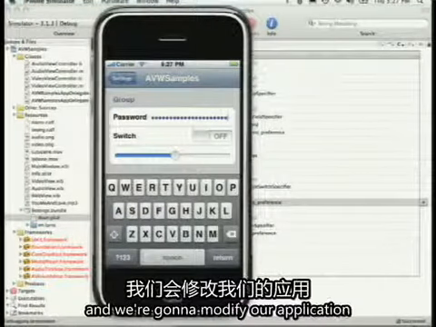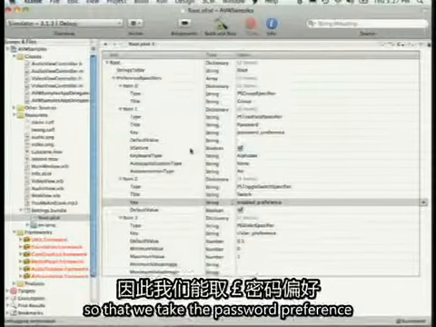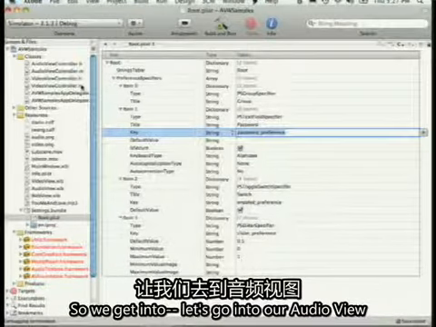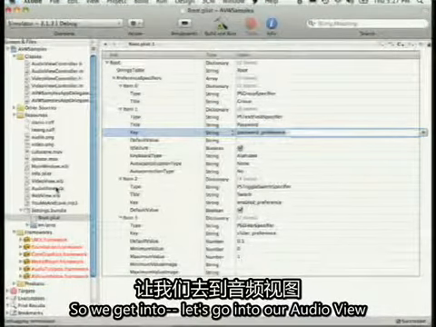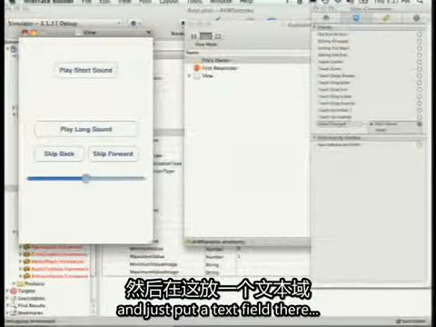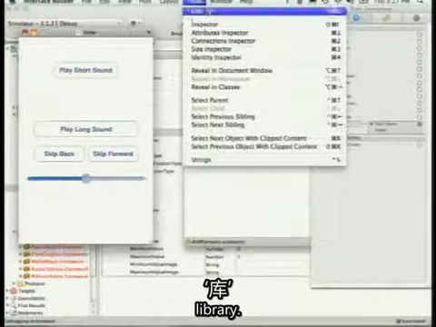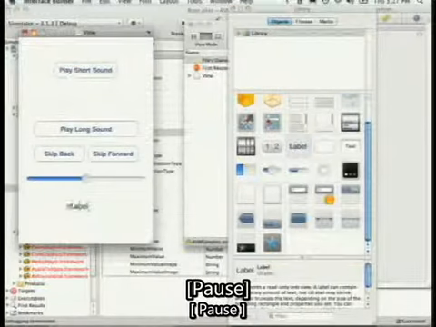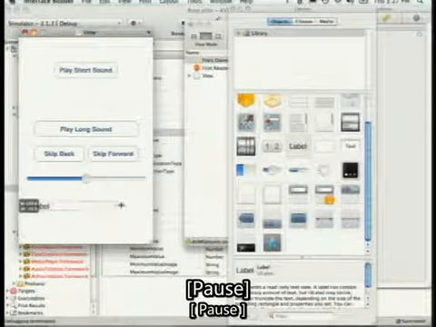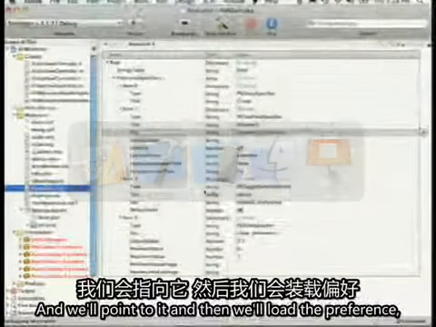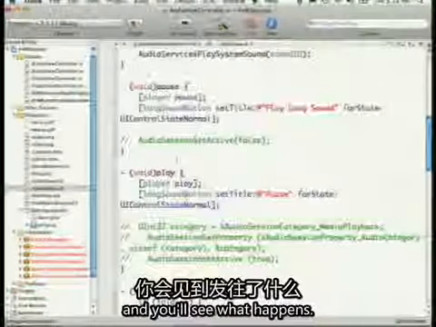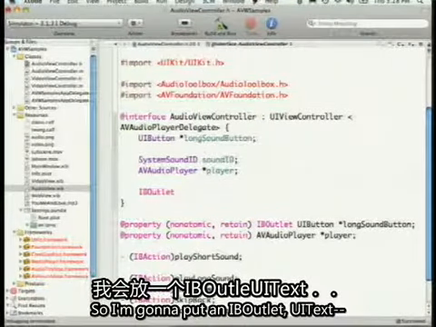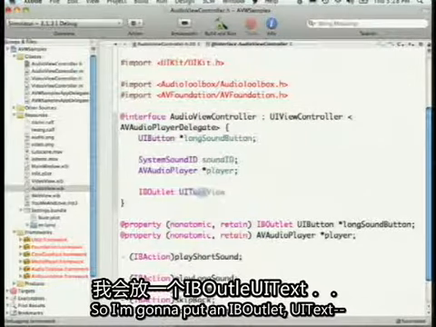So just to show you really quick, I'm going to save this. I'm actually just going to quit. And we're going to modify our application so that we take the password preference, and I'm going to make my password visible. So let's go into our audio view and just put a text field there. Library. Let's just put a label here. And we'll point to it, and then we'll load the preference, and you'll see what happens. So I'm going to put an IB outlet, UI label,